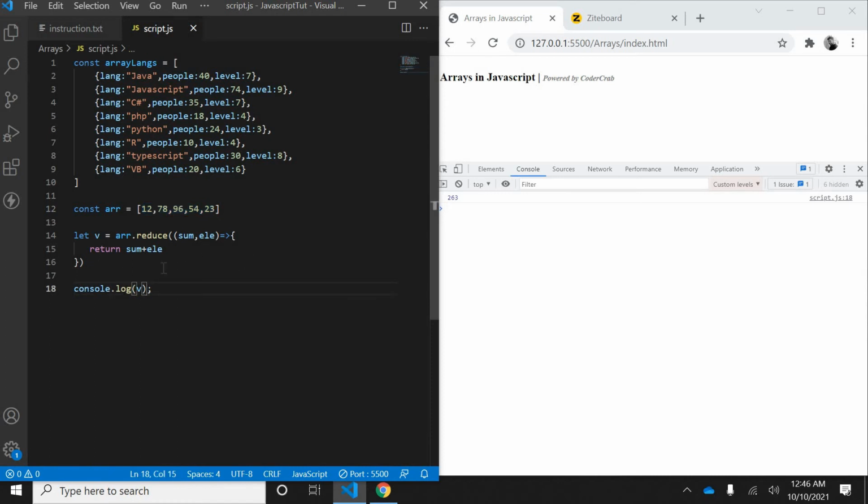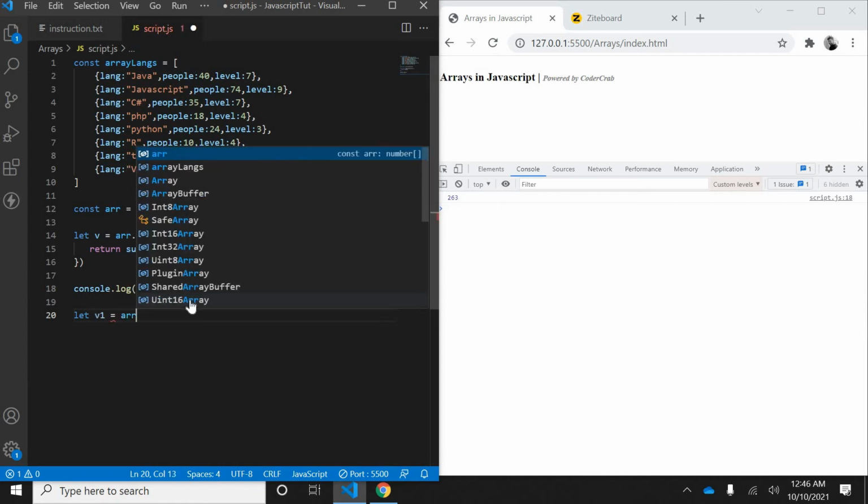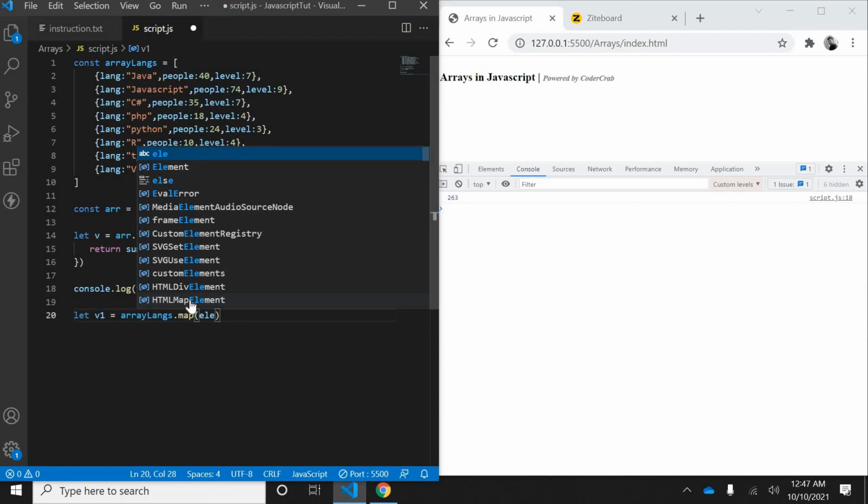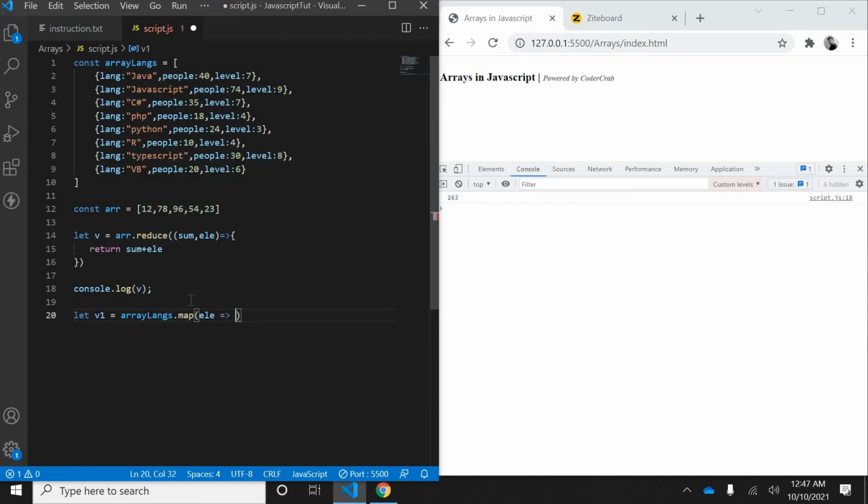Quite simple, right? And if you want to do this with a big array, you need to use map to form a new array first. So let v1 be my result, and here I am using the array of lengths dot map. Inside the array.lengths.map, I'll utilize just those values which I need. So I'll call an arrow function and get these values.